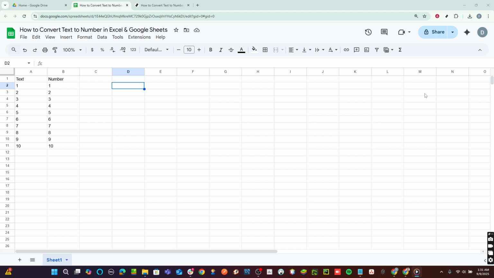If you haven't already, open up a Google Sheet document. You can either create a new one or open an existing file where your data is stored as text. Once you're in your Google Sheets, locate the specific range of cells that are storing numbers as text. Next, you'll want to highlight the range of cells that you intend to work with. This simply means clicking on the first cell and dragging your cursor to the last cell you wish to include